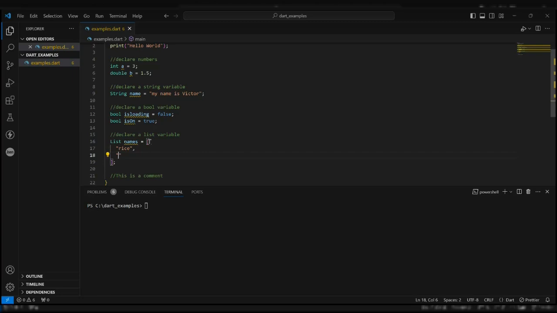We can have beans. Can have spag and so on. So the list is non-ending. Like you can have as much as you want here. It's used to group similar items.